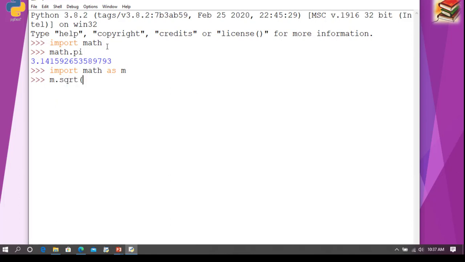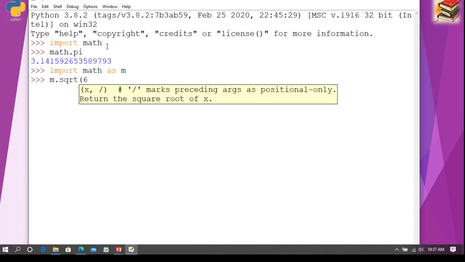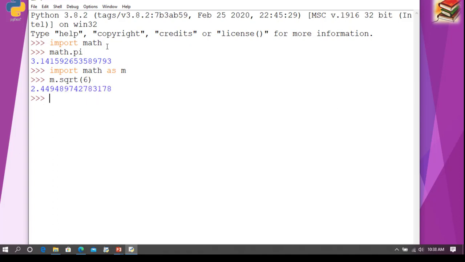So in the square root module, I want to find out the square root of 6. So this gives me the square root of 6. Now if I don't want to use all the definitions and I want to only use a specific definition, for